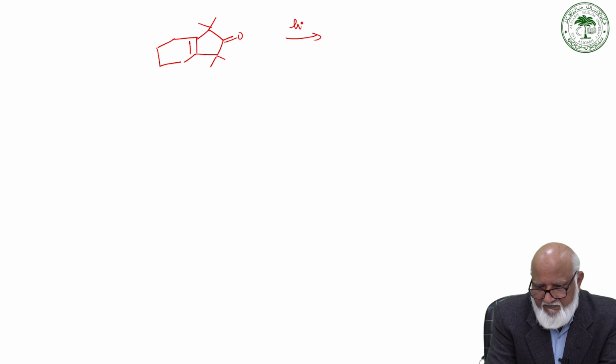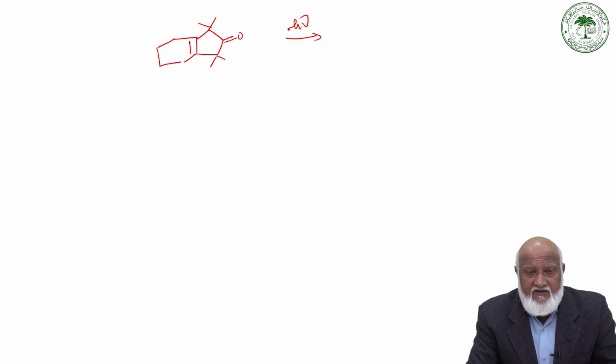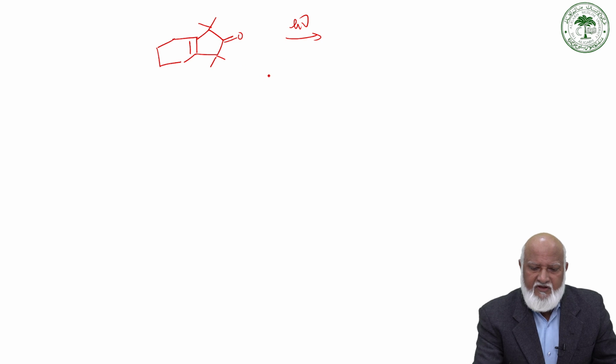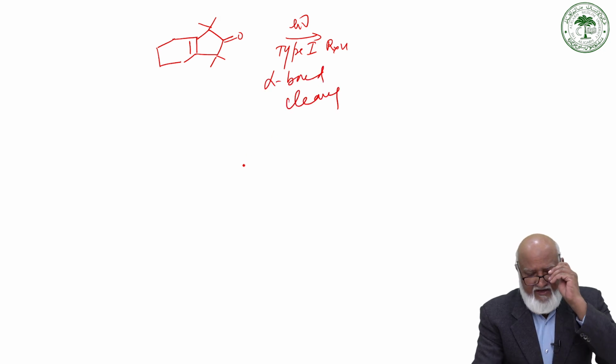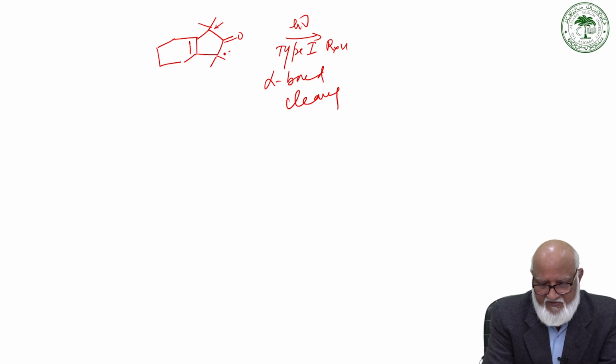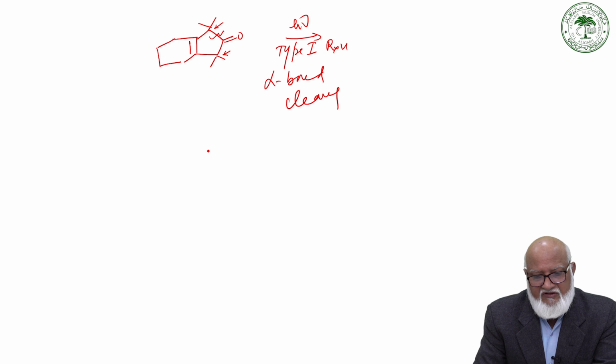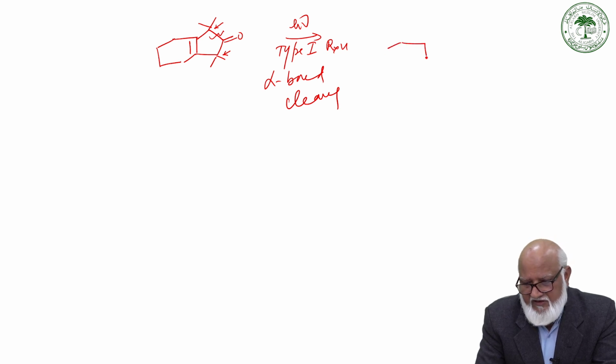So this bicyclic ketone in the presence of light may also undergo a type 1 reaction, which is alpha bond cleavage. Here again both the alpha carbons are symmetrically substituted, so we can end up with the cleavage of this bond or this bond. We get a carbon-centered radical of similar stability. So it gives a